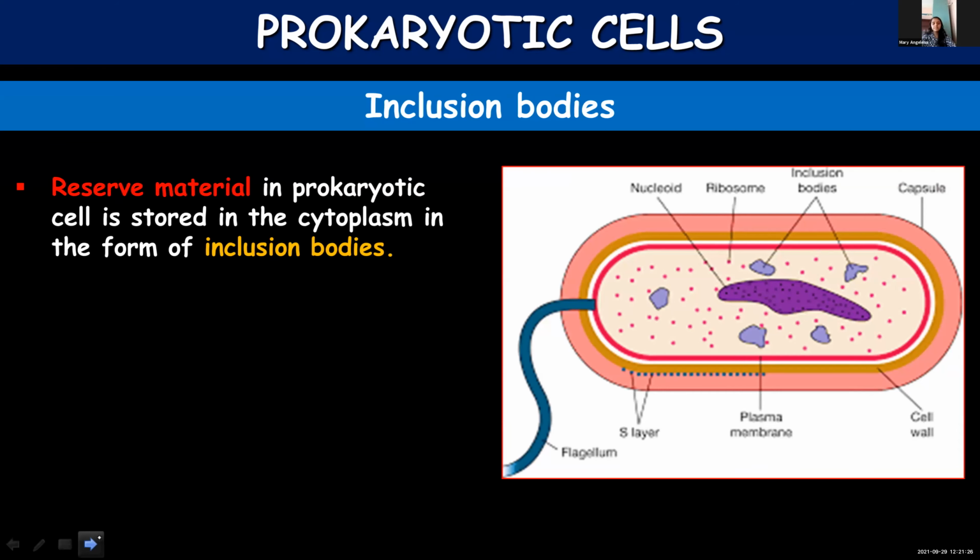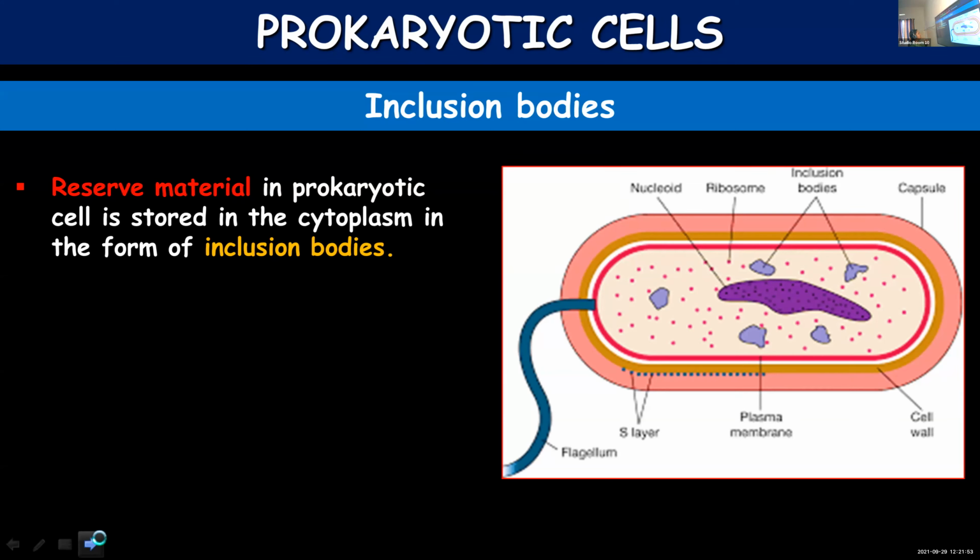Apart from ribosomes, I told you that in prokaryotic cells membrane-bound organelles are absent, but they contain ribosomes, and apart from that the mesosome or chromatophore, all that we said. Apart from that, they have some inclusion bodies. Some inclusion bodies are also present. In the picture, the inclusion bodies are marked.